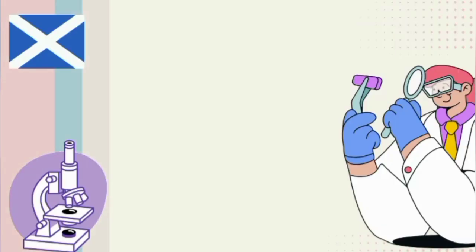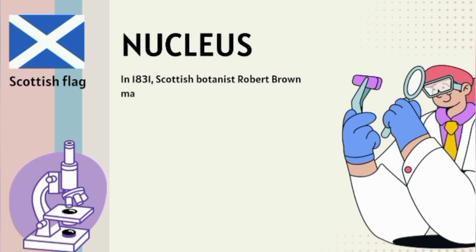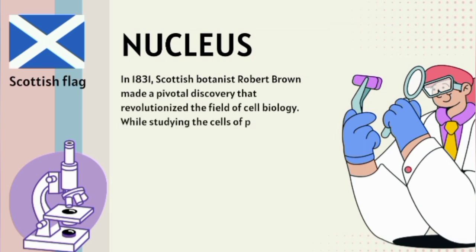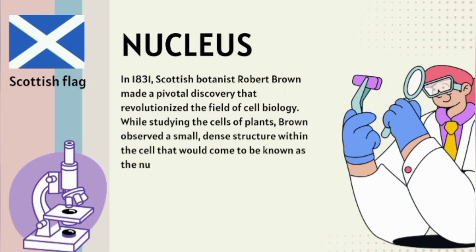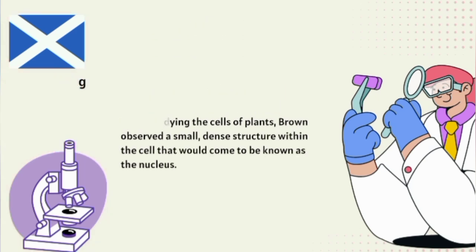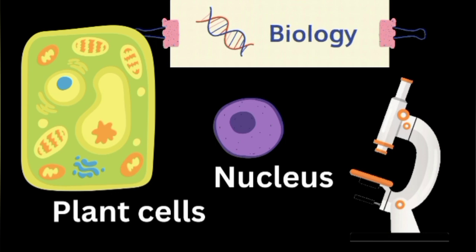In 1831, Scottish botanist Robert Brown made a pivotal discovery that revolutionized the field of cell biology. While studying the cells of plants, Brown observed a small, dense structure within the cell that would come to be